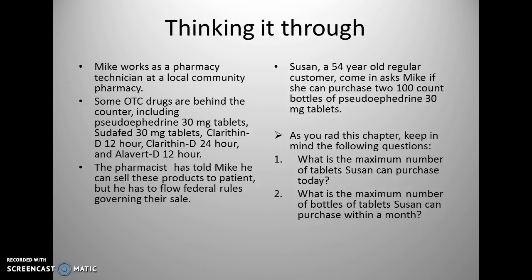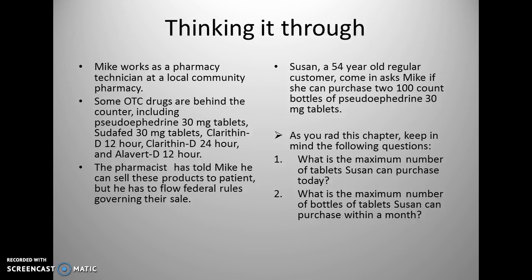So this began, as we have started the other chapters, by looking at thinking it through. Mike works as a pharmacy technician at a local community pharmacy. Some OTC drugs are behind the counter, including pseudoephedrine 30 milligrams tablets, Sudafed 30 milligram tablet, Claritin D 12 hour, Claritin D 24 hours, and Allegra-D 24 hours. The pharmacist has told Mike he can sell these products to patients, but he has to follow federal